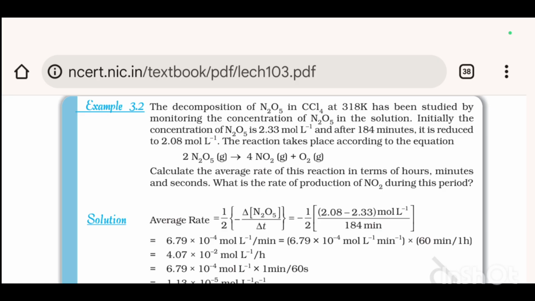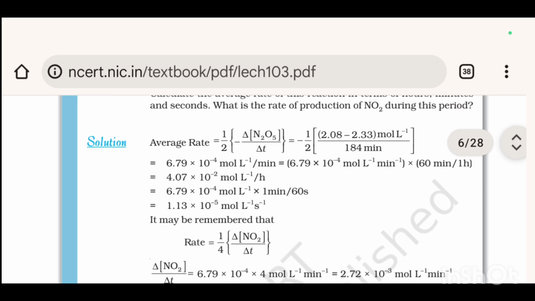Average rate will be 1 upon 2 minus delta N2O5 upon delta T, equals minus 1 upon 2, and the concentration of N2O5 at product was 2.08 and at reactant was 2.33 mole liter inverse, and the time was 184 minutes. So it is equal to 6.79 into 10 raised to power minus 4 mole liter inverse per minute,